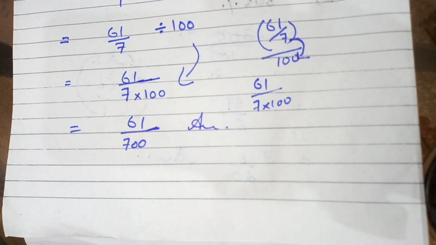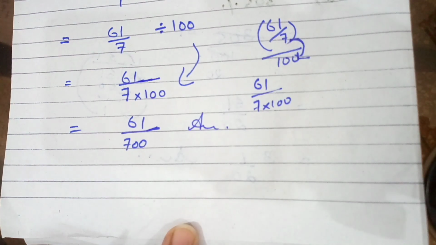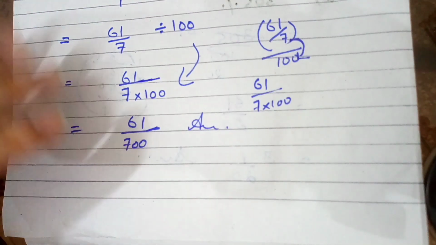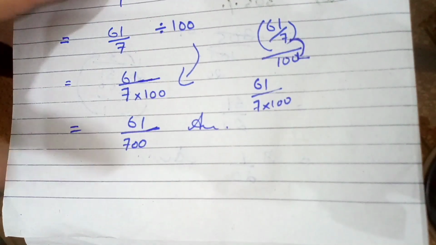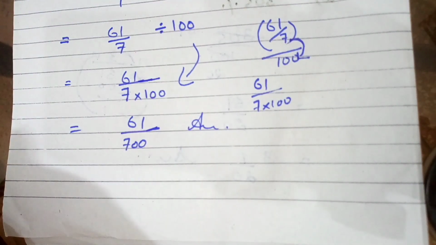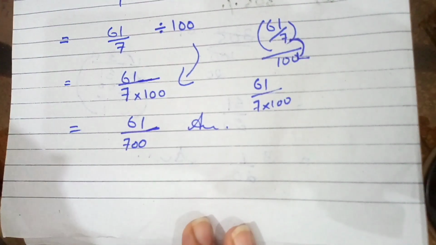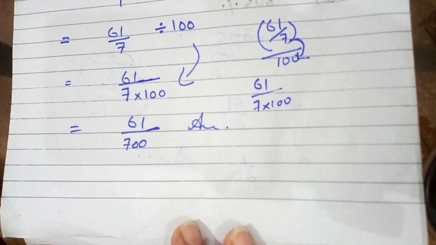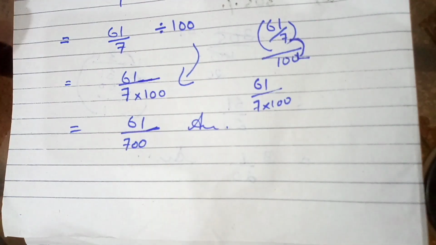It is done with practice of question 1 part A. Now we move towards part B, in which we express each of the following fractions as a percentage. Okay, in the previous question the terms were already given in percentage and we had to simplify those terms. In part B, we will convert the fractions into percentages. It is the reverse of the first part.